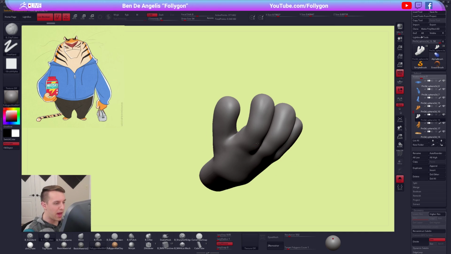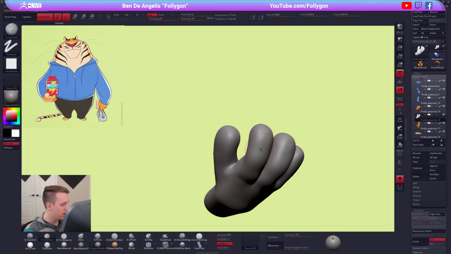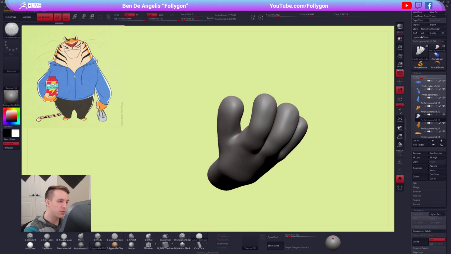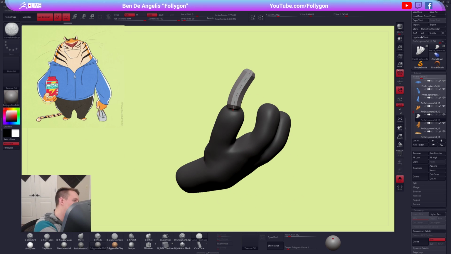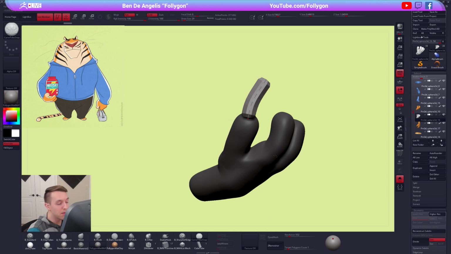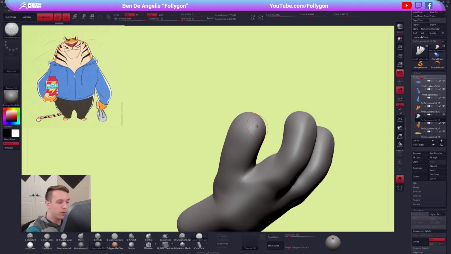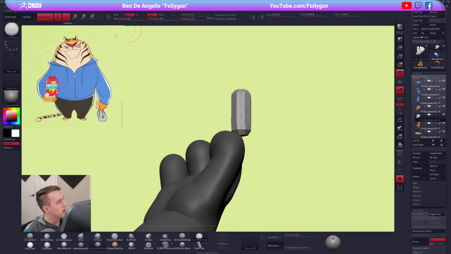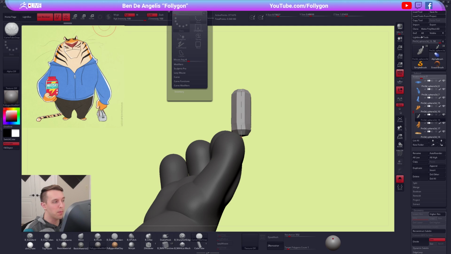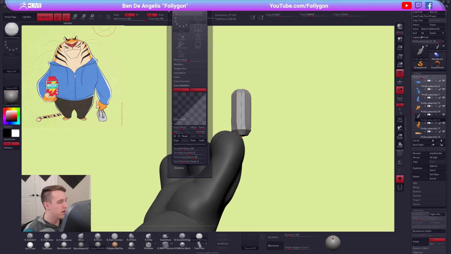So let's look at how we can make these claws using the same brush, the Curve Tube Snap Brush. Those are pretty tiny, but essentially what we want to do is just draw out our basic curve again. Well, let's make that a little bit longer. So we got that, and then we want to open up our stroke menu. Under curve modifiers, there's this little button here, size. Click on that guy, and